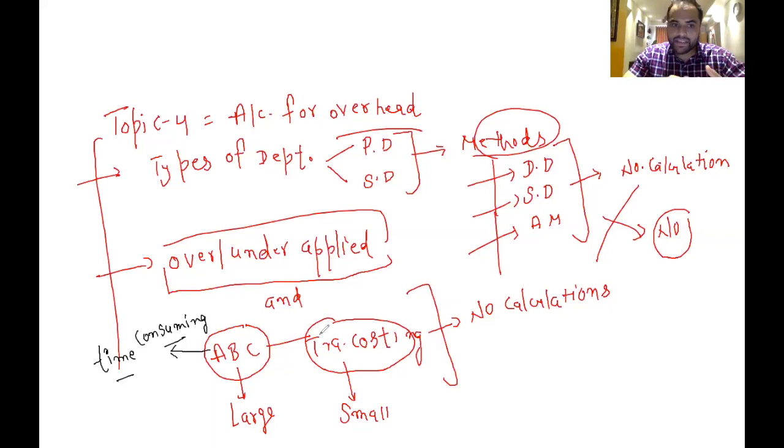All right. The second thing is, since ABC is a more time consuming method, small companies may not afford to use lots of resources for estimating cost, because they have limited resources compared to large companies. So they have to be really focused on where they should apply their resources. That's why they are less likely to use ABC, since traditional costing is the easiest, fastest way to allocate the cost. So small company traditional, large company ABC.